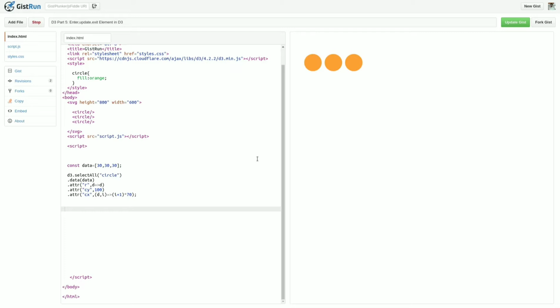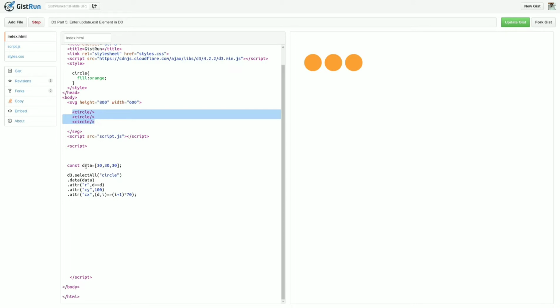So in the past session we have seen what the join is and how it works. In this session we will see the next topic about D3, that is the enter, append and exit methods available in D3. In the previous video we have seen the join. Join is used to join the available array of data to the elements available in D3.